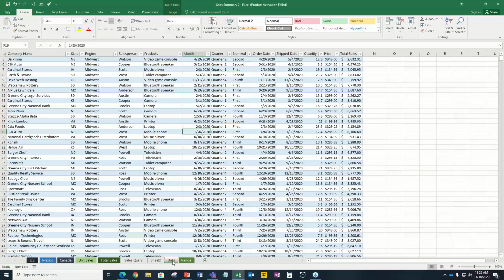That's where it's all coming off. And since I converted it to a table, no matter what, if I add more data to it or take data away, I'm always going to get the correct information,